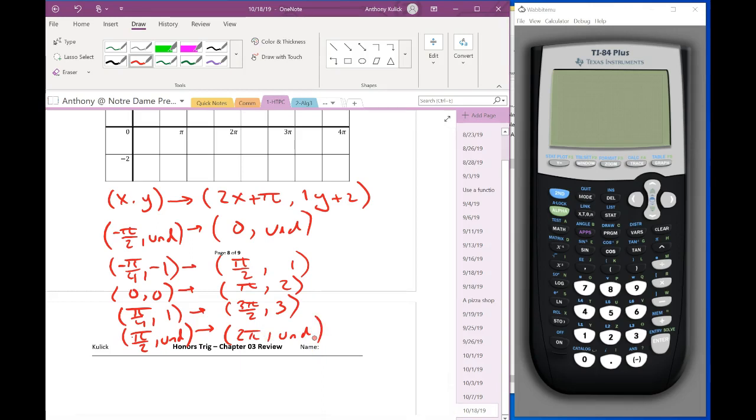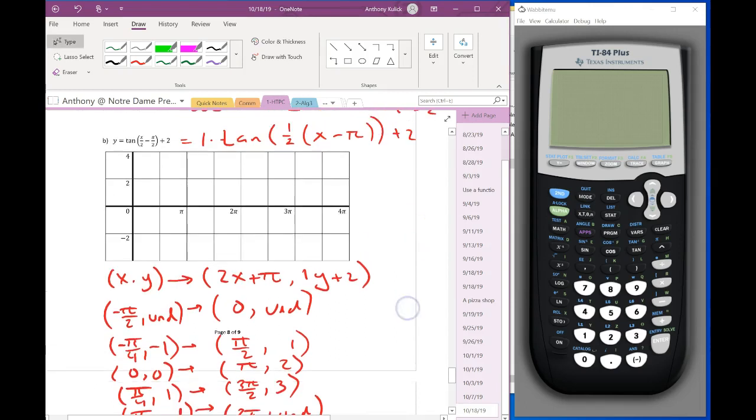Okay? So I'm going to go to my graph here. First thing I'm going to do is find x equals 0 and write in my asymptote. At pi over 2, I'm going to plot the point 1. At pi, I'm going to plot 2. At 3 pi over 2, I'm going to plot 3. And at 2 pi,